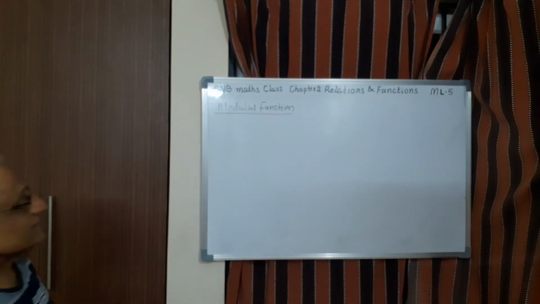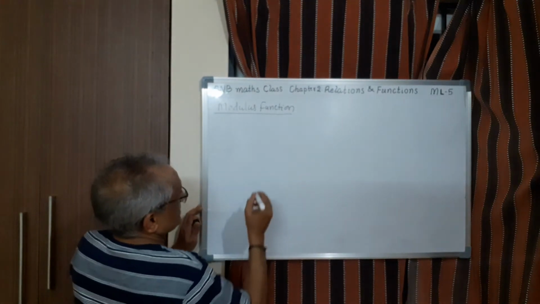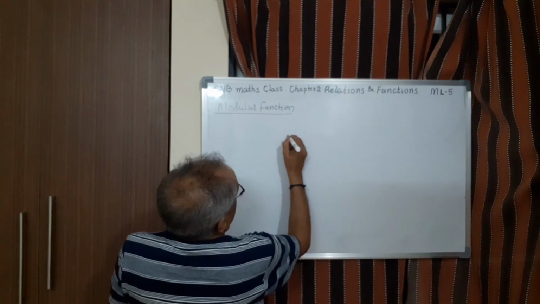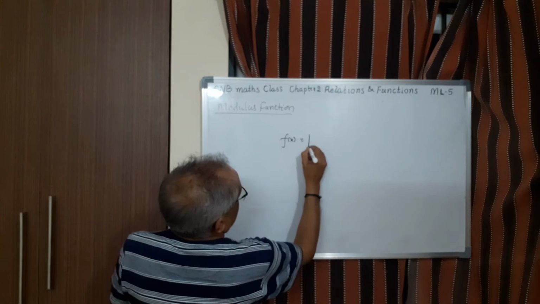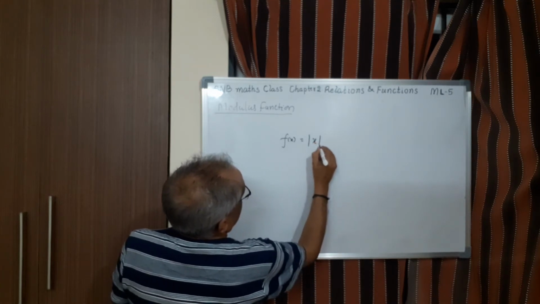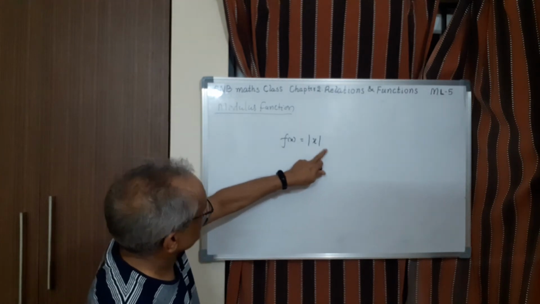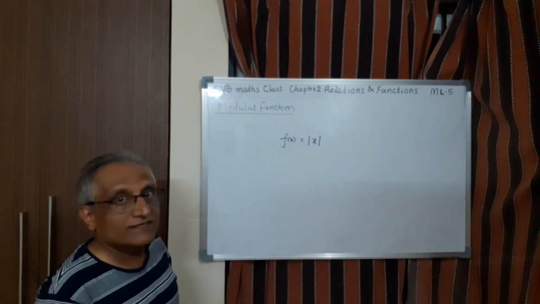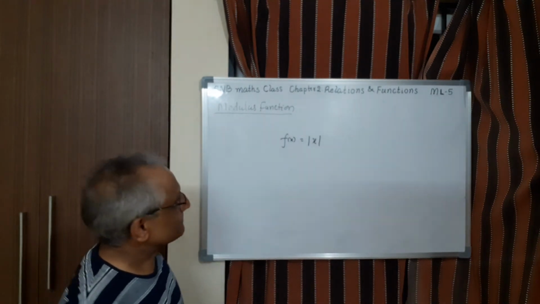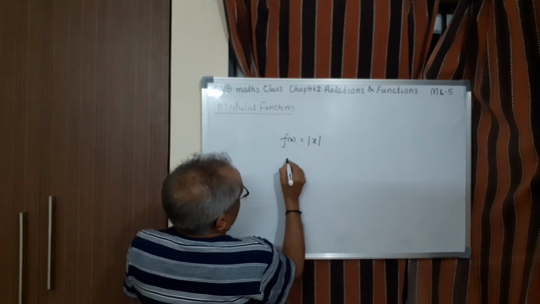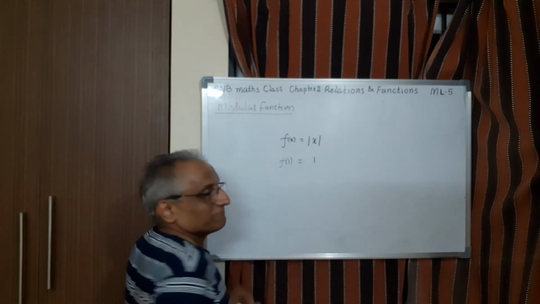What is modulus function? Of course, before defining, let me explain the concept of modulus function. So you take, for example, f of x equal to, this is the function, notation is mod x, we write like this. There are two names, one is called mod function or the modulus function or absolute value function. Meaning is this you can imagine like a machine. What it does is, if you take, say for example, positive value, say f of 1, it will take 1 only.